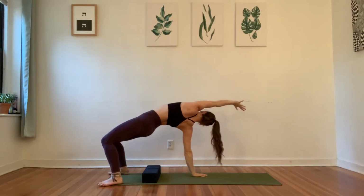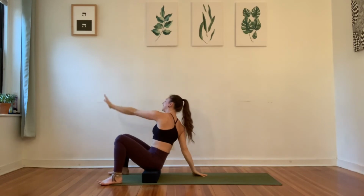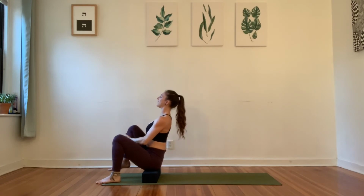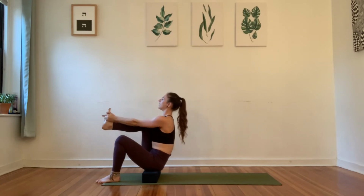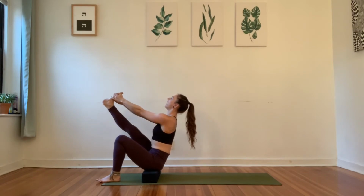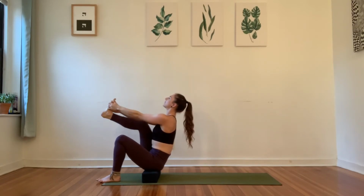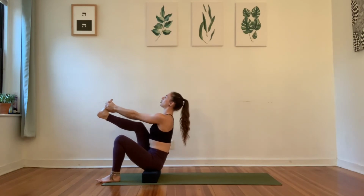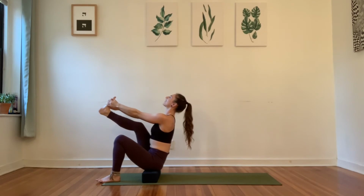And as you sit, you're gonna pause. Your right knee is gonna come in towards your chest. You could hold on to the shin for a moment, finding a bit more space between the head and the hips. You could stay there if that feels preferable, or you could hold on to the foot with both hands. You might prefer to extend the leg, but that's really reserved for those that it doesn't compromise the length in the spine. And so find an option that feels true to you, and then give it a few soft breaths,